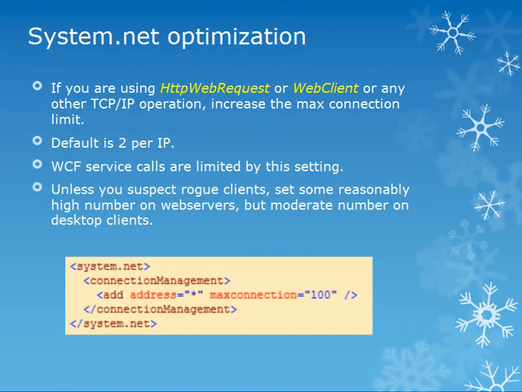The next one is a really killer default configuration that most of us overlook and suffer from a bottleneck, and this is a very hard to detect bottleneck. So what has happened is that in the .NET default configuration, the default parallel TCP connection you can make for anything, whether you're doing an HTTP post, an HTTP web request, or you're making a WCF call, anything that is going to open a TCP connection, the default limit is 2 per IP concurrently. So if you have 1,000 users visiting your website and your website is calling some WCF service, it will only be able to make 2